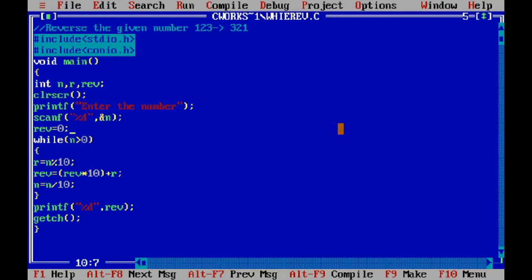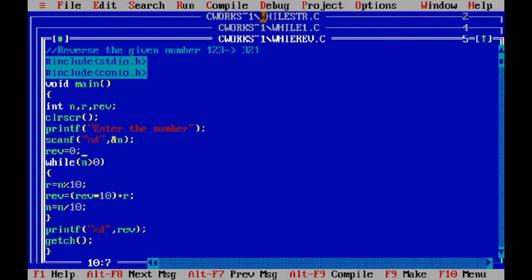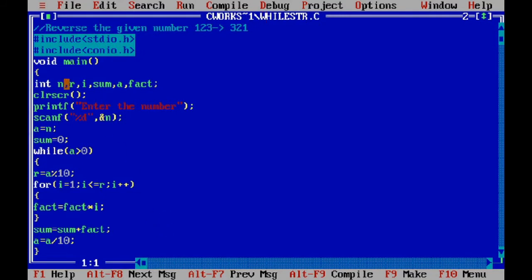Now see the next example, how to check whether a given number is strong or not. Let's see the example. Here is your n, then r, and i. See how to check whether the given number is strong or not.